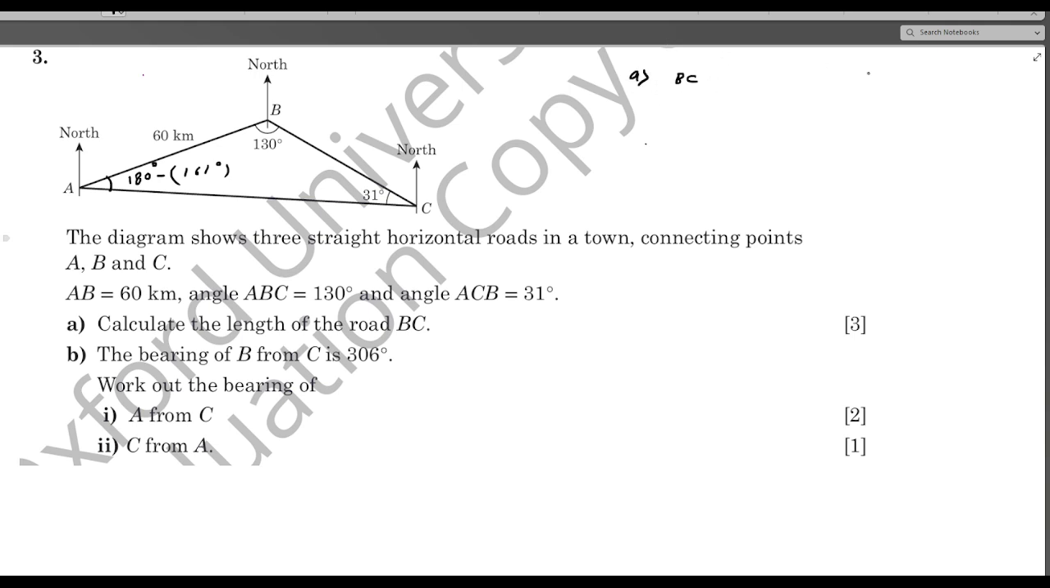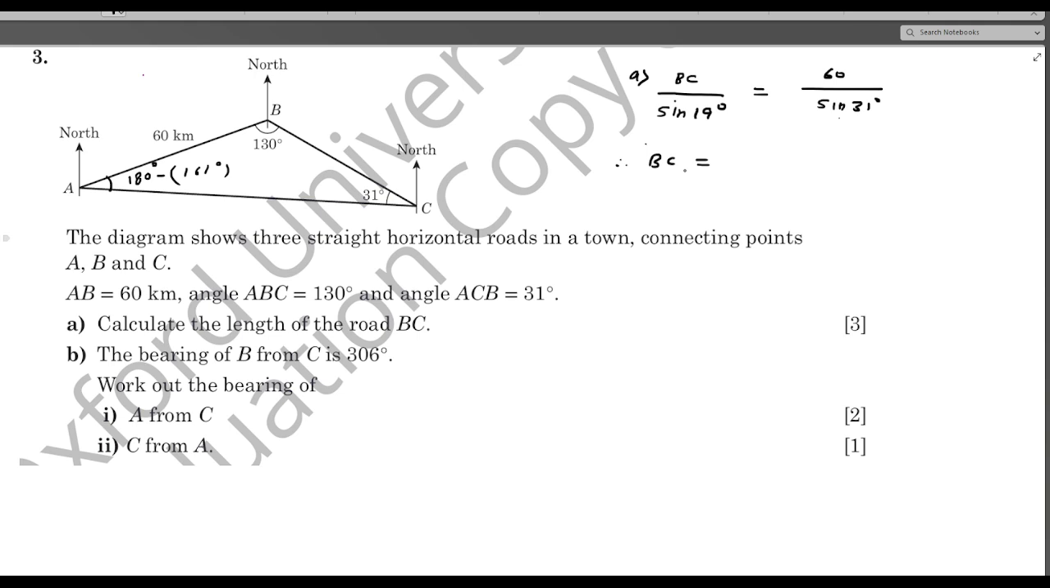Now this is part A of the problem. Here I find some space, so I'm solving here, but in your paper you should solve in the place which is given to you, not anywhere. Now BC divided by sine of, now 180 minus 161 is your 19 degrees, so BC divided by sine 19 degrees is equal to 60 divided by sine 31 degrees, and therefore the length of BC is equal to 60 divided by sine